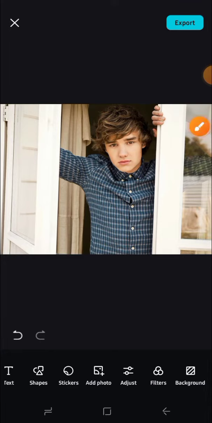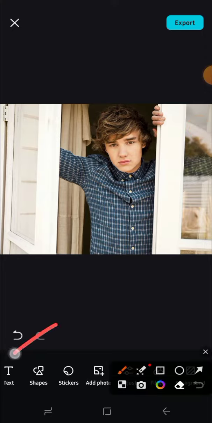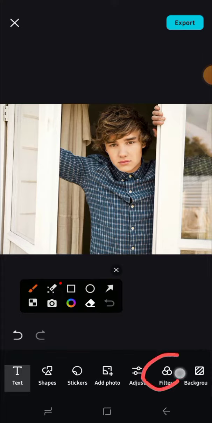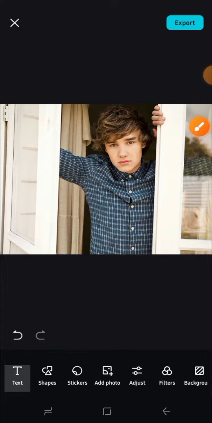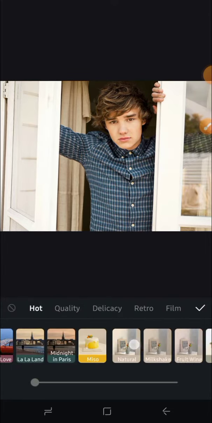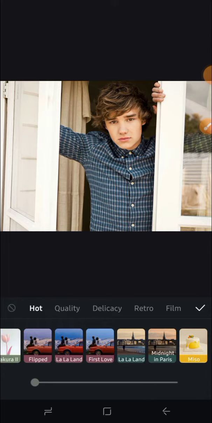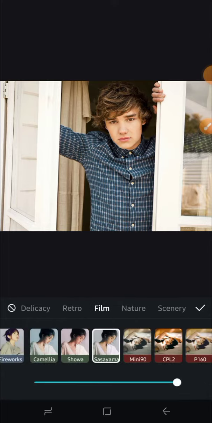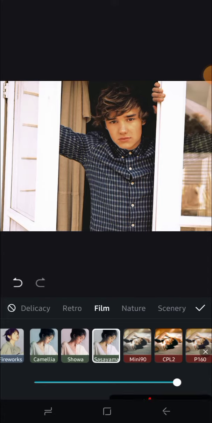If we want to put a text to our photo, we can simply click on this text option. Then if you want to add filters, we can click on this filters option, and I'm going to put filters on my photo, and there are a lot of filters we can use, and I'm going to choose film filters. I'm going to choose this one, and don't forget to click on this check mark after you choose the filter